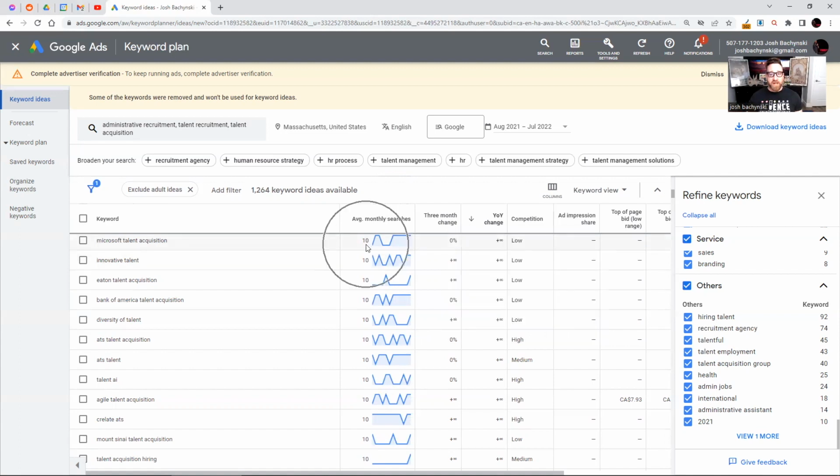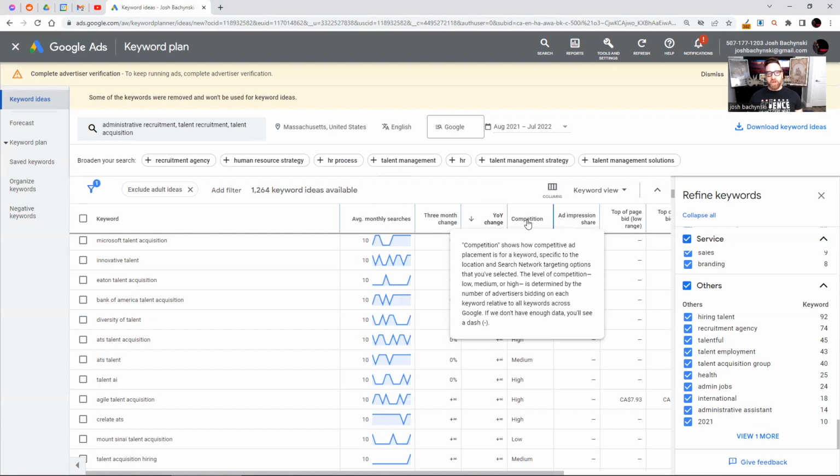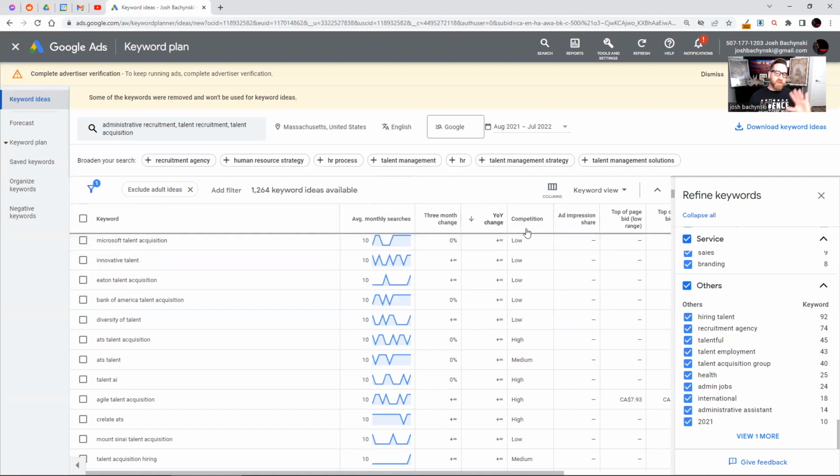Now, I'm actually getting the average monthly searches because I'm running ads right now. If you run ads for $3 for 3 days, do all your research you need to do, and then you get the actual average monthly searches, or you get a range and just modify the range when we put it into Excel. It doesn't matter. So this plus another free thing I'm going to show you afterwards is a really good way of telling what the competition is. But I have a different video on that.